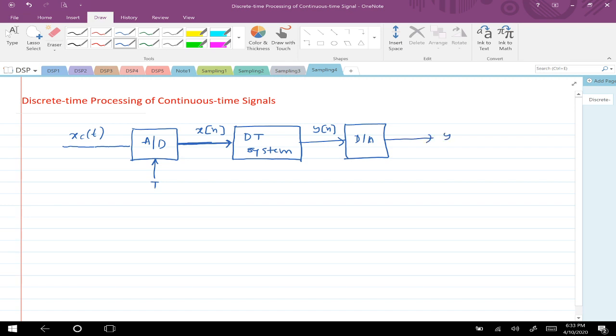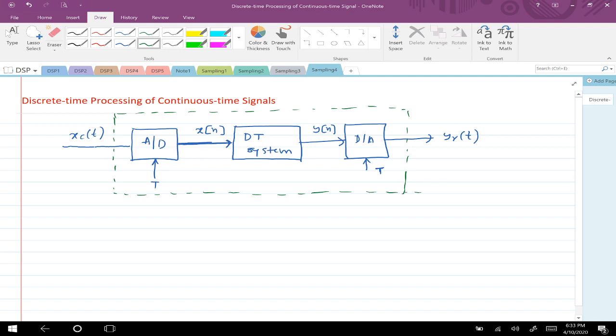Let's call the final one y. It is a continuous time signal, and of course you have to give here as an input again the sampling rate that you used for conversion. Okay, so if you look at this whole thing as one block, as one single unit,